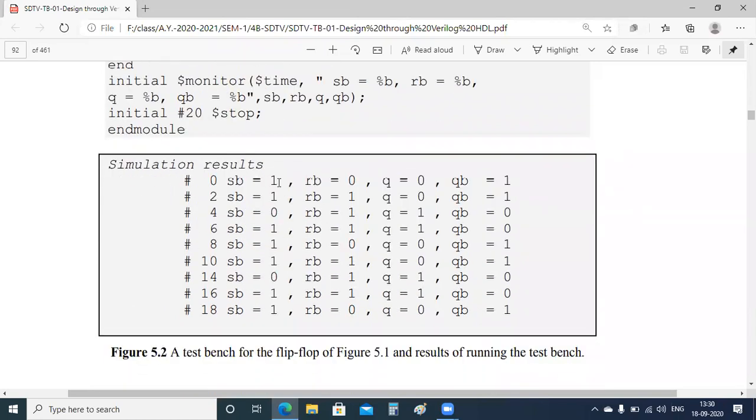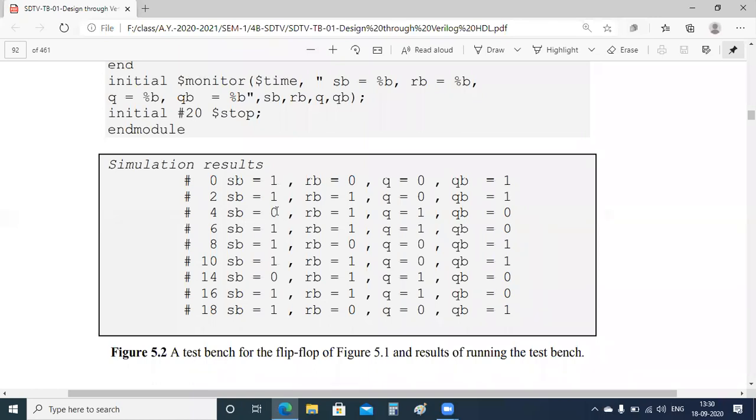So this is the simulation result we get at the 0th second on the x-axis. At that point of time, SB is 1 and RB is 0, Q is 0 and QB is 1. Similarly, SB is 1, that is set button is 1, and RB is 1, and Q is 0 and QB is 1.